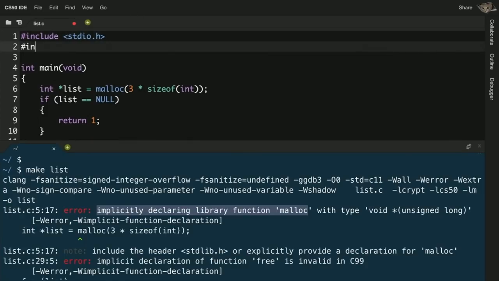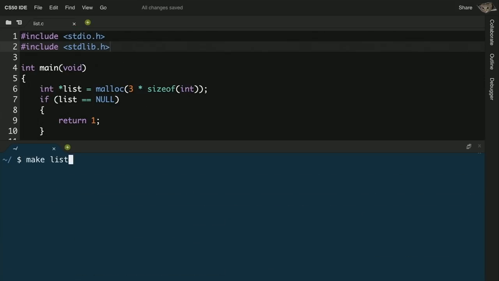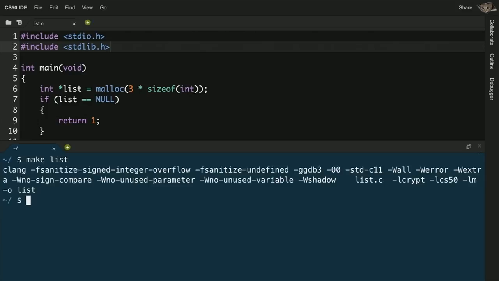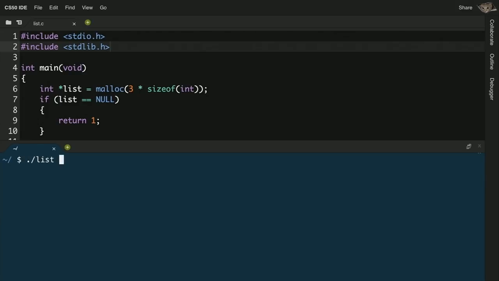This is subtle, and we might not have used it last time if I used the CS50 library, but it's stdlib.h. That is where malloc is. That is where free is. So stdlib.h is one new header file that contains last week's functions. So let me try this again. Let me make list. Nice. This time it did compile. ./list and,